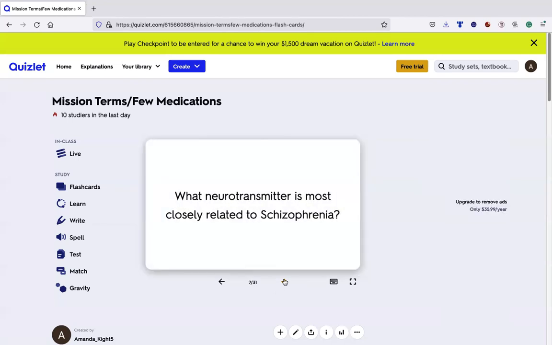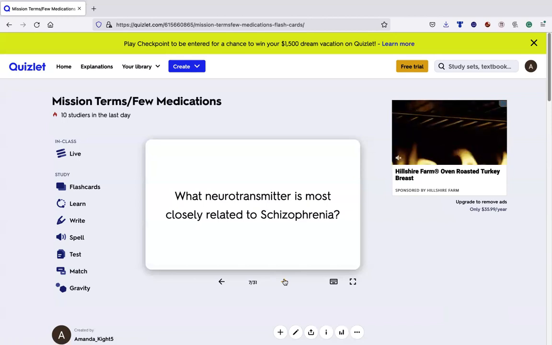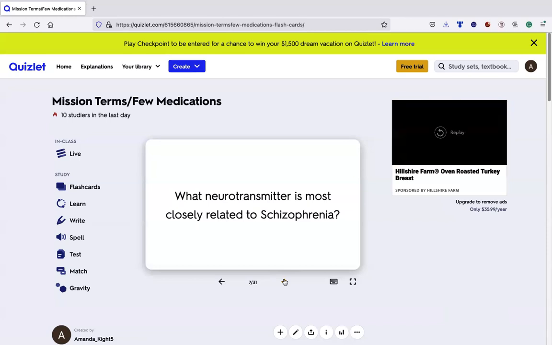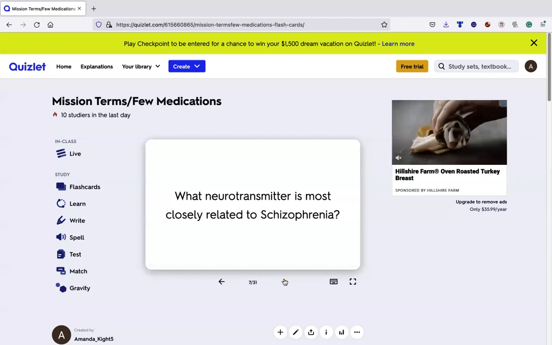Next is, we all better know this one. What neurotransmitter is most closely related to schizophrenia? Of course, I gave you guys credit back on your last quiz if you put norepinephrine, serotonin, or dopamine, because after really thinking about it, it wasn't a fair question. They all have to do something with schizophrenia, but the most related, having to do with positive symptoms, remember, something that's added to your personality, is going to be dopamine. It's because that population has too much dopamine in their brain.